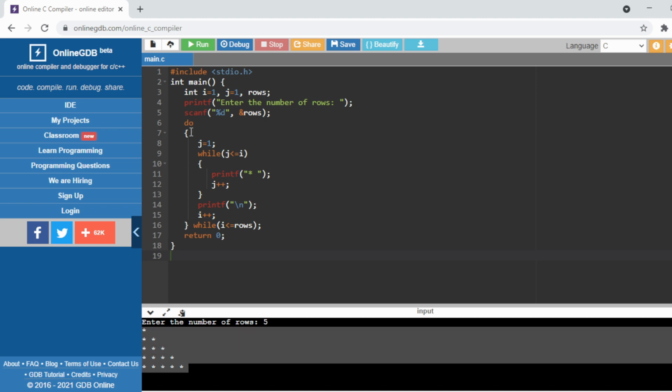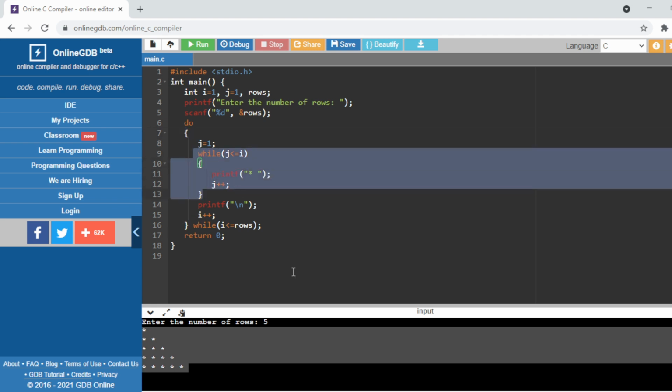But here again the writing style is different, because we all know that in a do while loop, at the first time we have to write do, and after that the condition checking is at last. So this is your outer loop, and inside this loop one while loop is there. This is nothing but a mixture, you can also say. So the outer loop is a do while loop, and inside this loop you may write another do while loop. This is also possible.